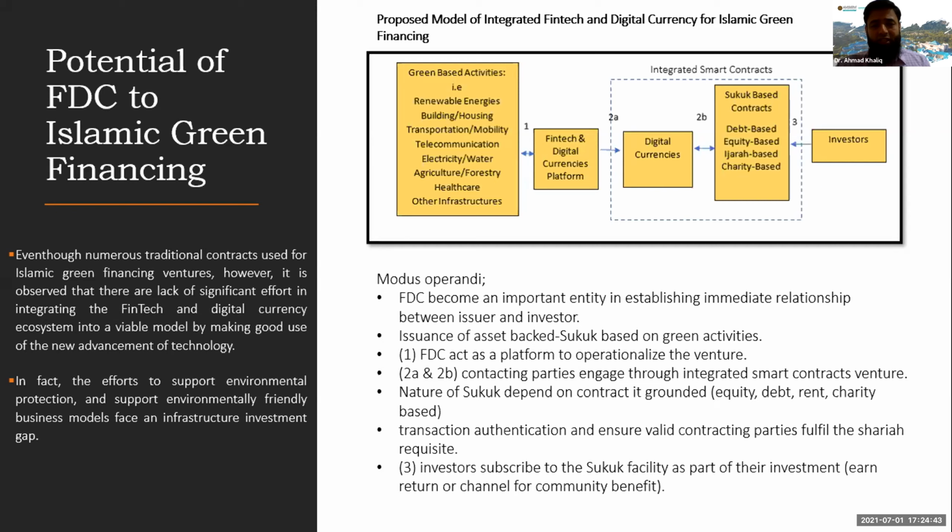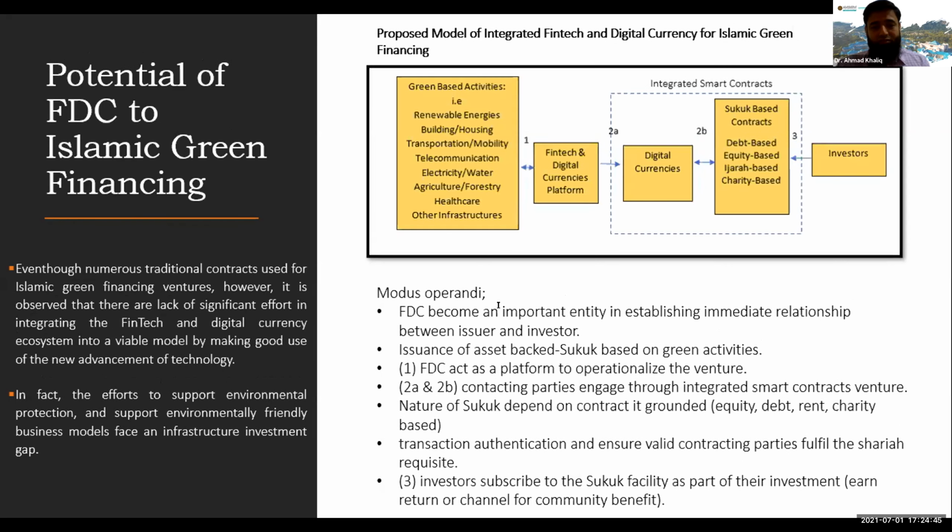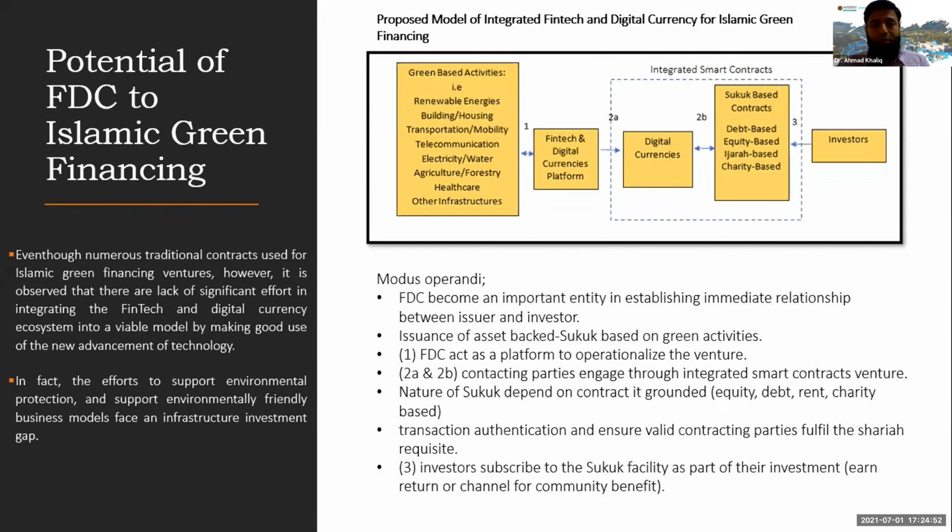To summarize, from this proposed model you can see the modus operandi is very simple. From the left-hand corner, there will be green-based activities, for example, a number of green-based projects: renewable energies, building, housing, transportation, and so on. These projects will be offered and given a platform by the fintech institution or fintech companies, which in 2A you can see here,